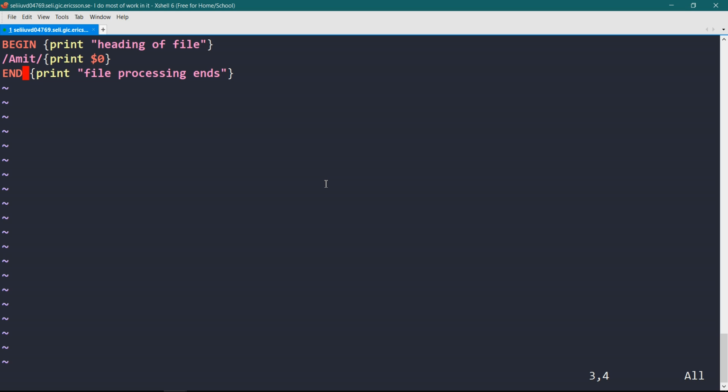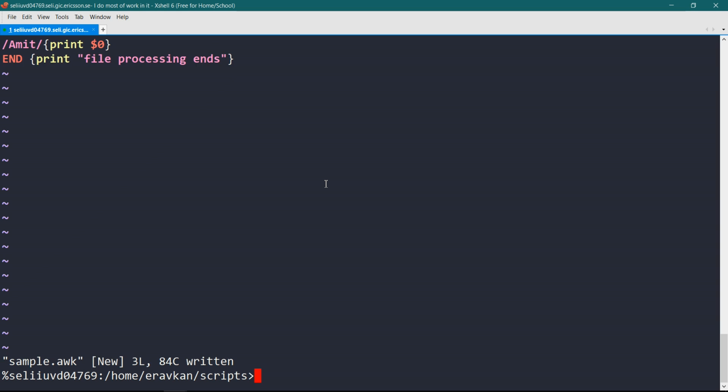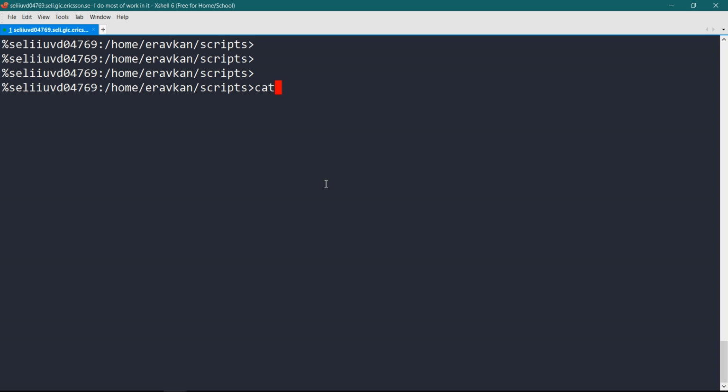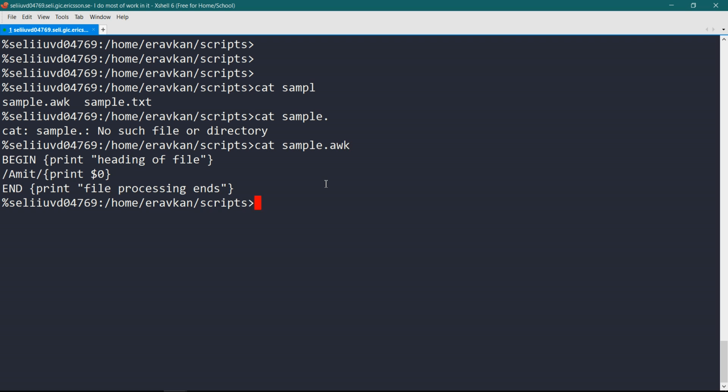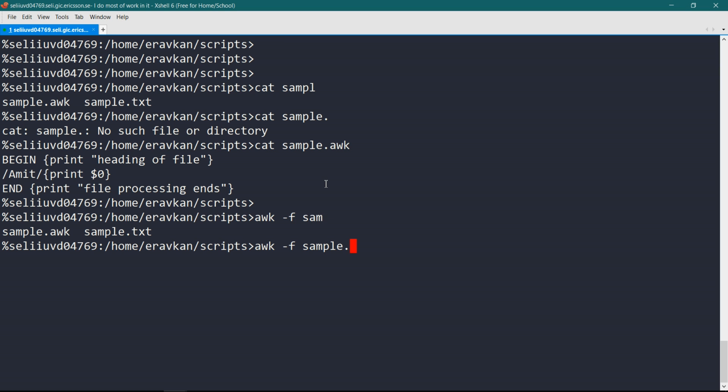Now we can do one thing. We have created our file sample.awk. Now I can do awk -f. I need to run the command from this file now, not from my command line directly.